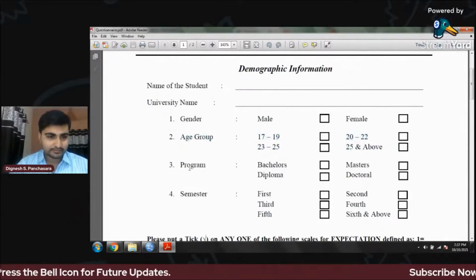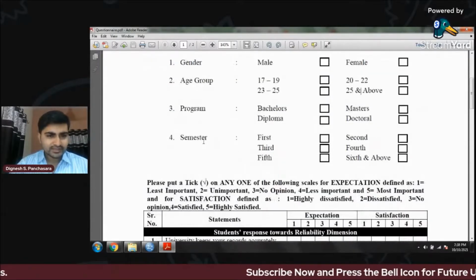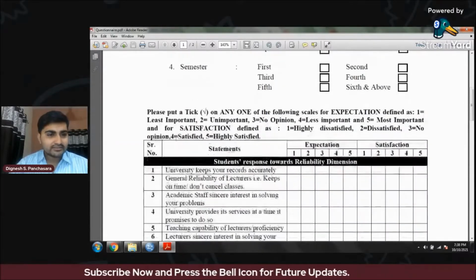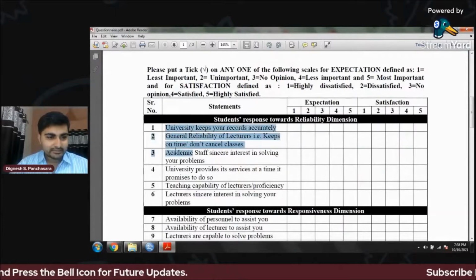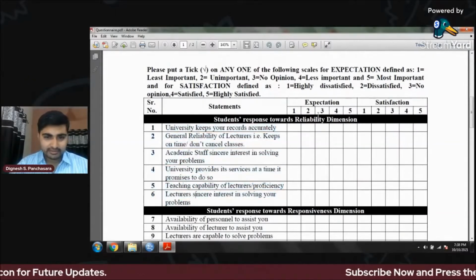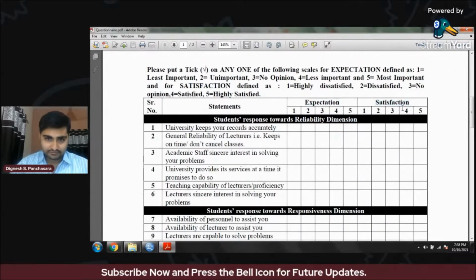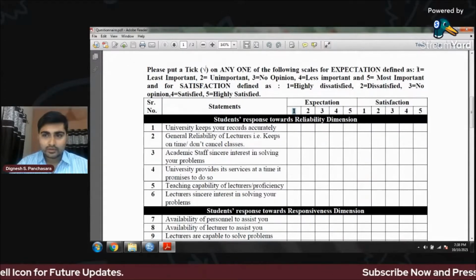We can see over here the program name: bachelor's, master's, diploma or doctoral. Semester: the student's semester, first, second, third. This is my Likert scale. These are the statements of a particular dimension. This is a reliability dimension, for example, with expectation and the actual satisfaction. Now I have already classified 1 2 3 4 5 over here.